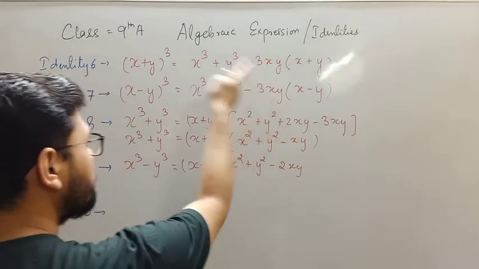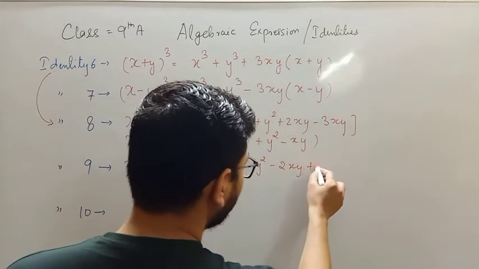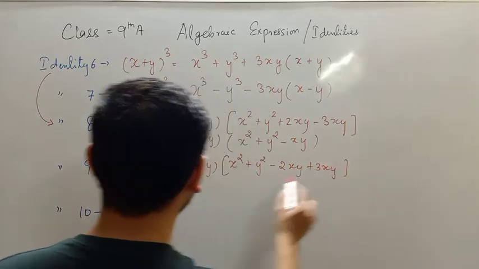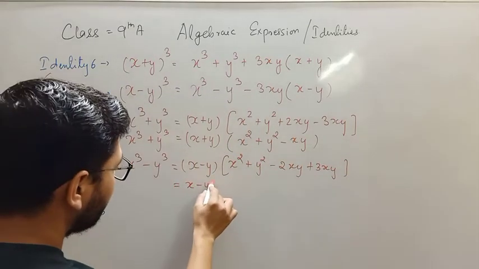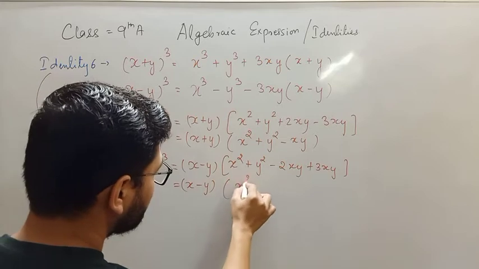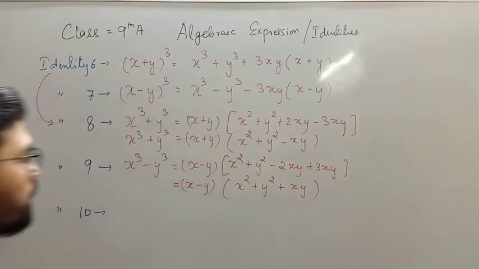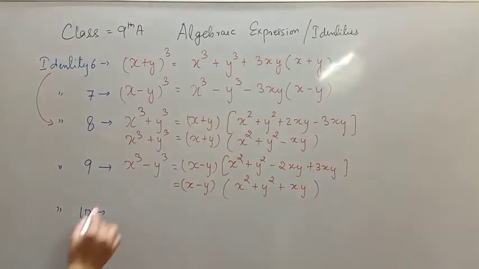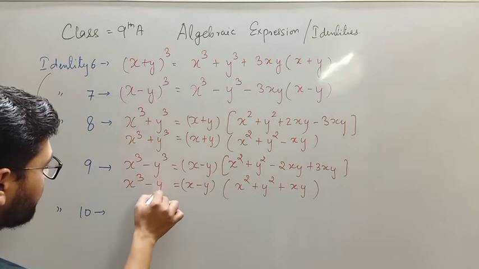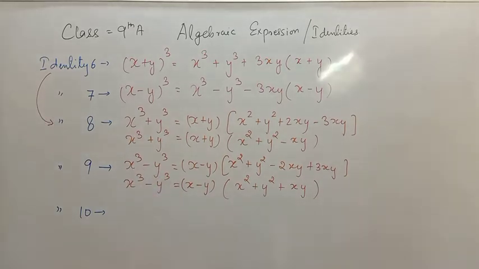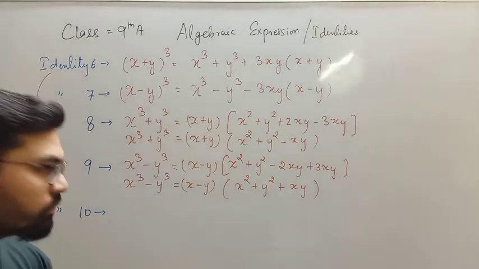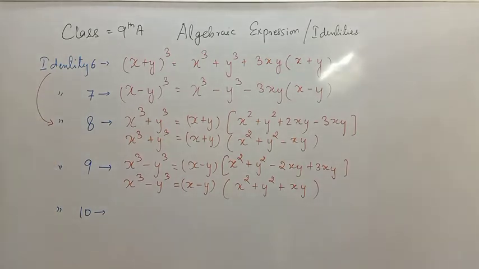When I transpose this term to LHS, what I'll get? Plus 3xy. So x minus y into x square plus y square plus xy. Okay, so this is an expression, this is an identity for x cube minus y cube. Not an expression but an identity, because the equal to sign is there. Okay, any doubt? And the last and the most important identity is